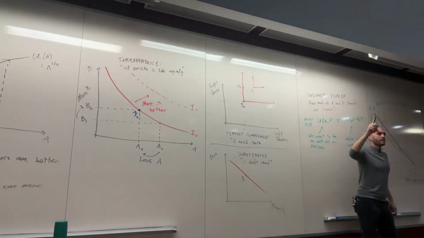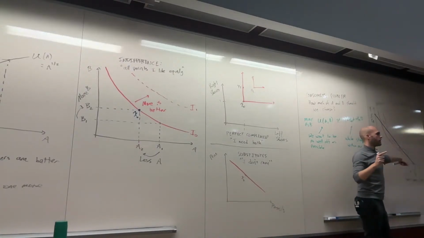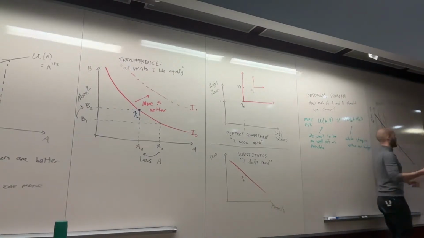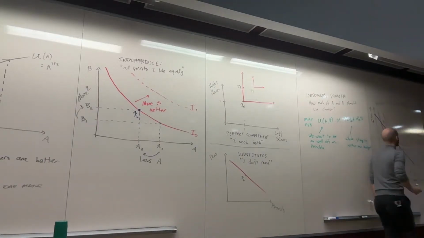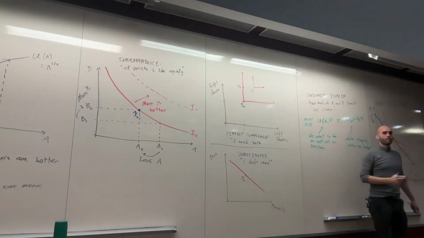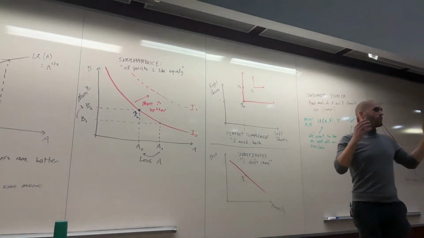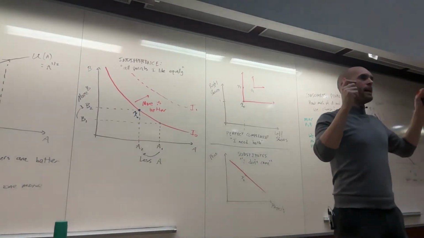There's one point where we cannot climb the mountain any further without things becoming unaffordable. And that happens right here. At the point of tangency between these two things. The point of tangency between the indifference curve and the budget constraint.